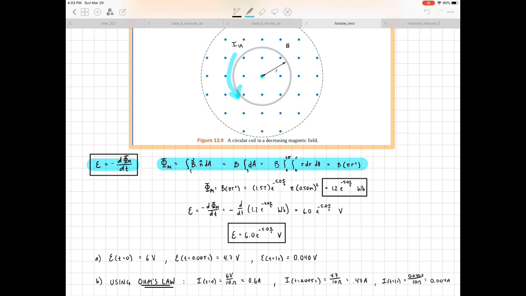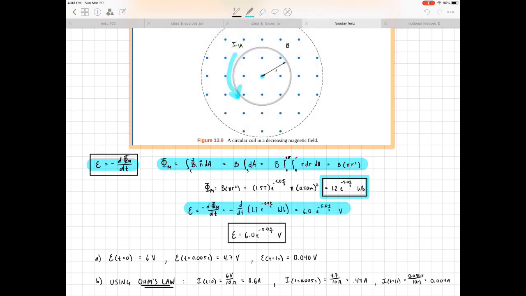So now I'm going to plug in B, because B has a functional form which depends on time, and so that's what I've got over here. All right, so this is the magnetic flux through the loop at any given time. So it's got the time dependence in there, and then I need to take the derivative